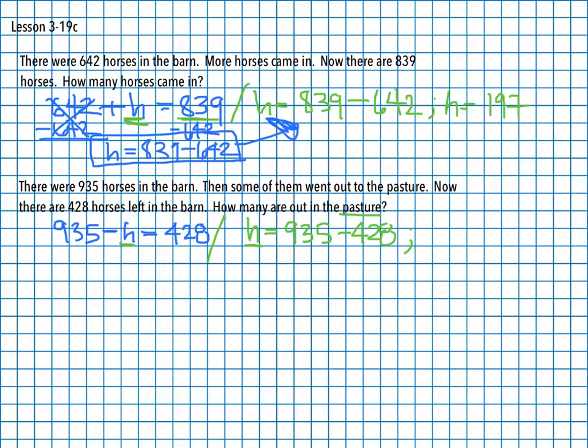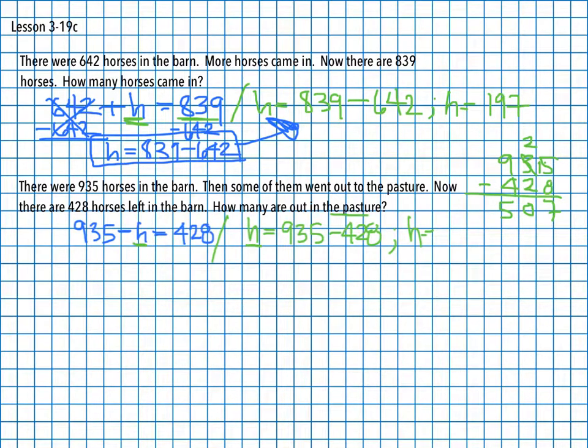And when we do that, boys and girls, we're going to get that h is equal to, and we have to solve this, so we're going to take 935 less 428. 5 less 8 I cannot do. Go to our neighbor. 3 becomes 2. 5 becomes 15. 15 less 8 is 7. 2 less 2 is 0. 9 less 4 is 5. So h is equal to